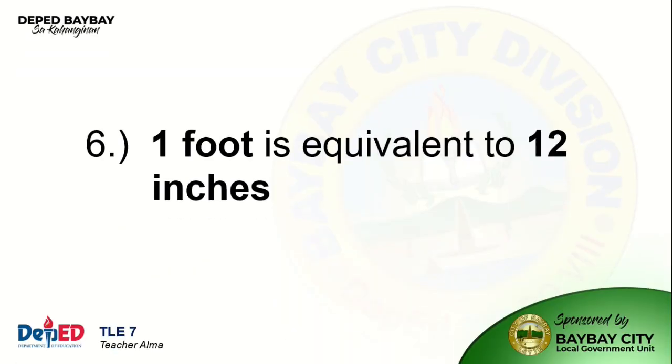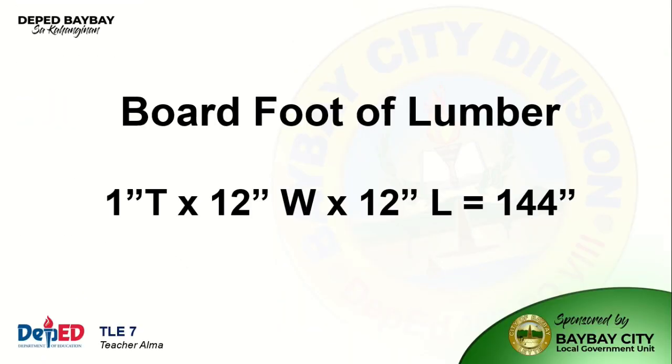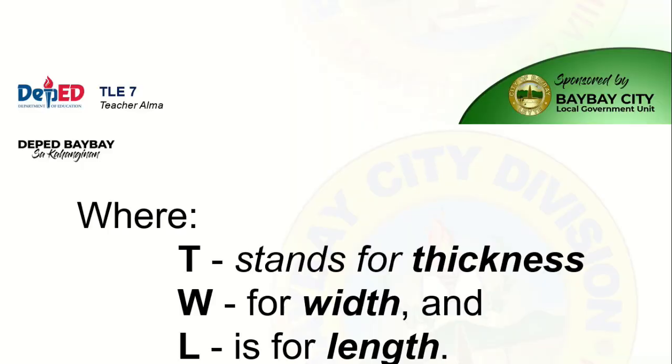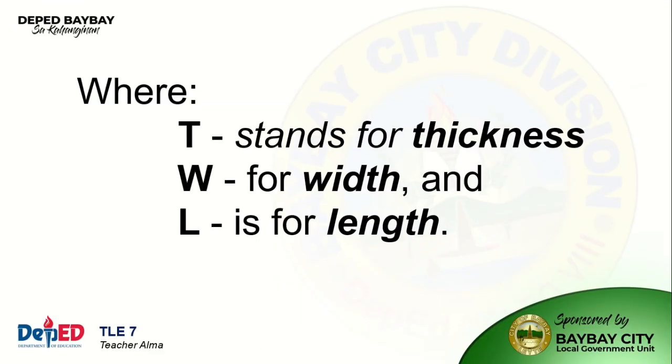Number 6. 1 foot is equivalent to 12 inches. Lumber is sold by board foot. A board foot is 1 inch thick times 12 inches wide times 12 inches long, which equals 144 cubic inches. A piece of lumber more or less 1 inch thick is considered 1 inch in thickness, where T stands for thickness,